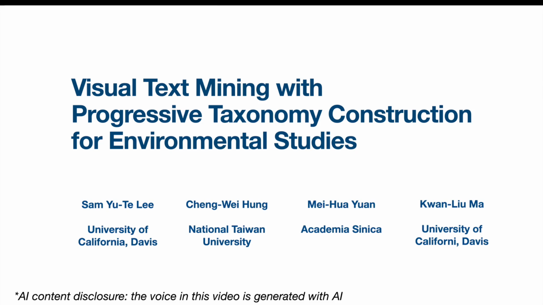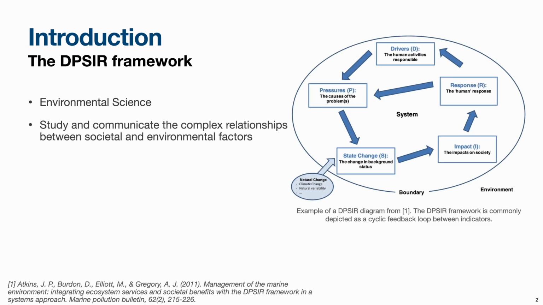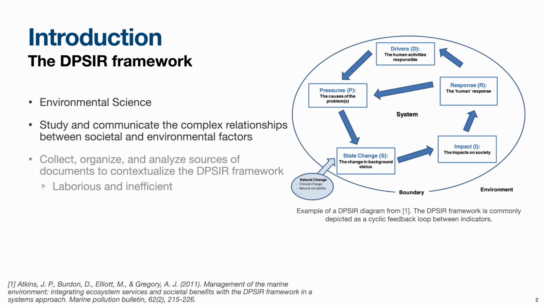In this work, we introduce a system that supports visual text mining with progressive taxonomy construction for environmental studies. In environmental science, the DPSIR framework is proposed to study and communicate the complex relationships between societal and environmental factors. In practice, scientists will collect, organize, and analyze sources of documents to contextualize the DPSIR framework, which is laborious and